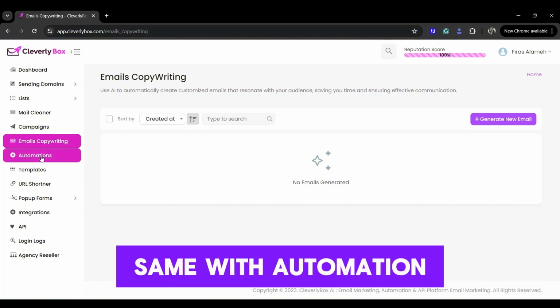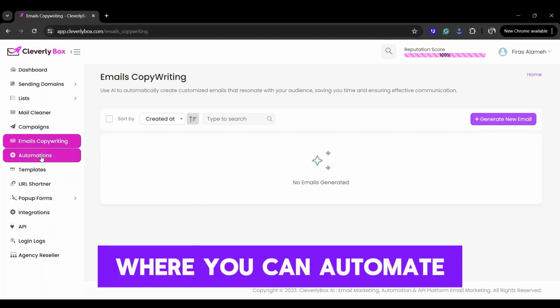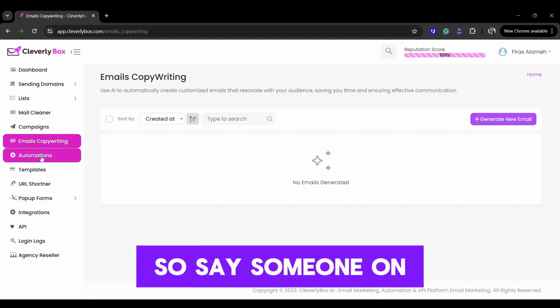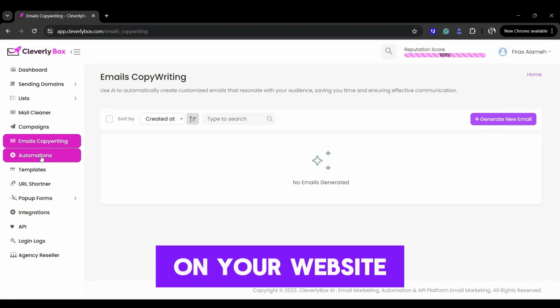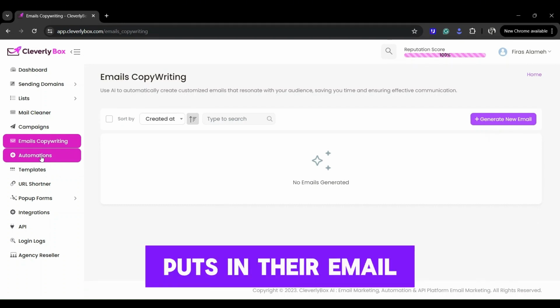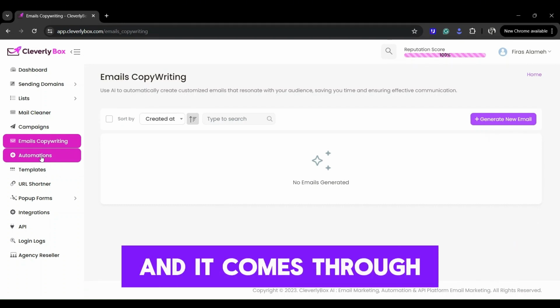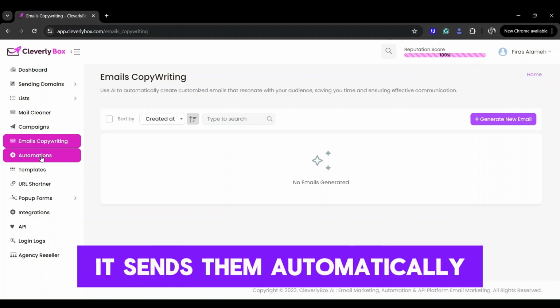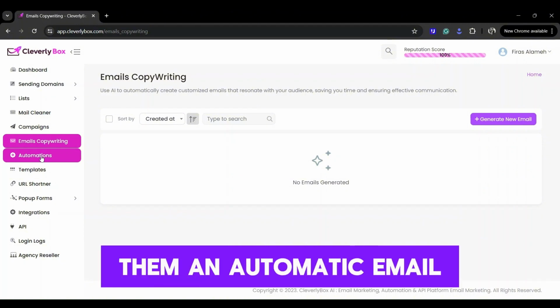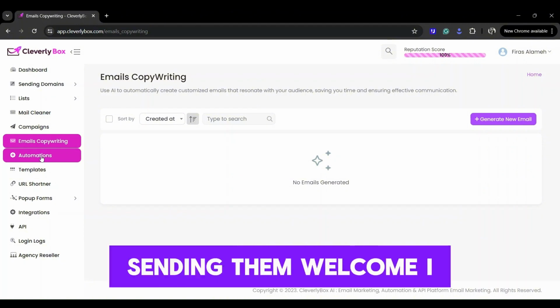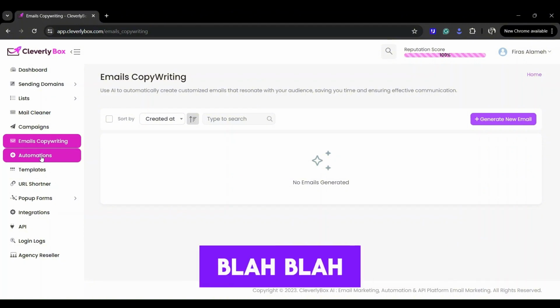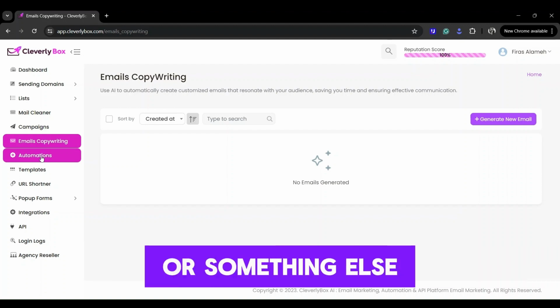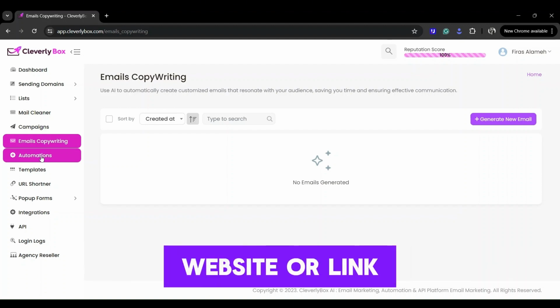Same with automation. We got a whole automation system where you can automate things. So say someone on your pop-up form on your website puts in their email and it comes through. Now you can automate a trigger where, for example, Cleverly Box will send them an automatic email, welcoming them, saying I am so-and-so, and you introduce yourself or something else. Or if you want to send them to a website or a link, you can create